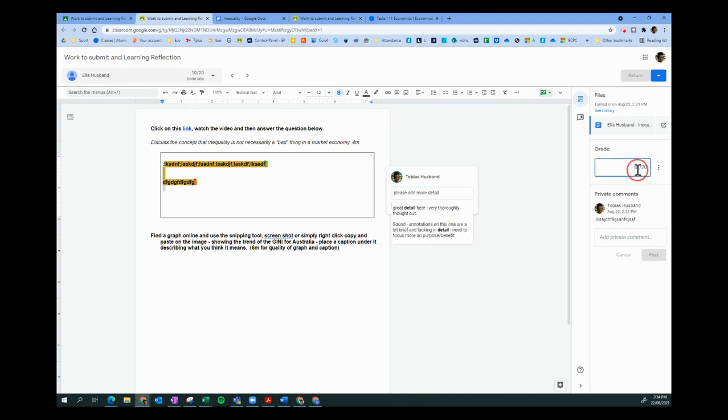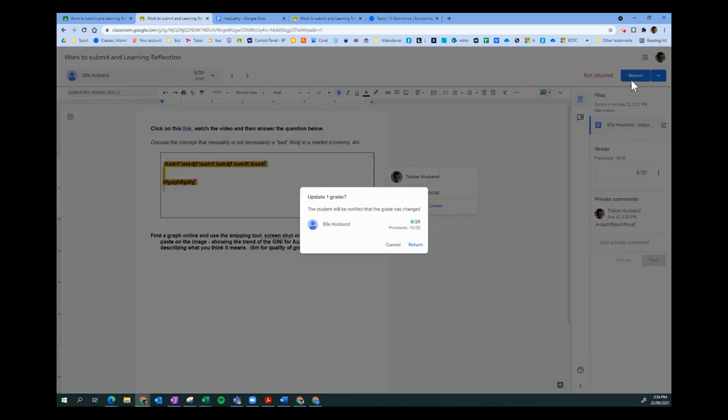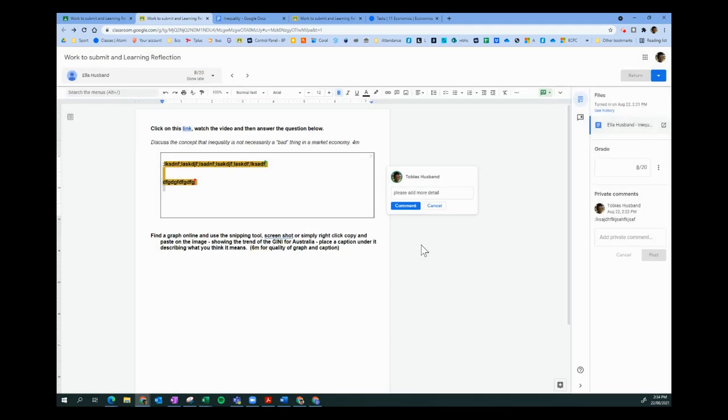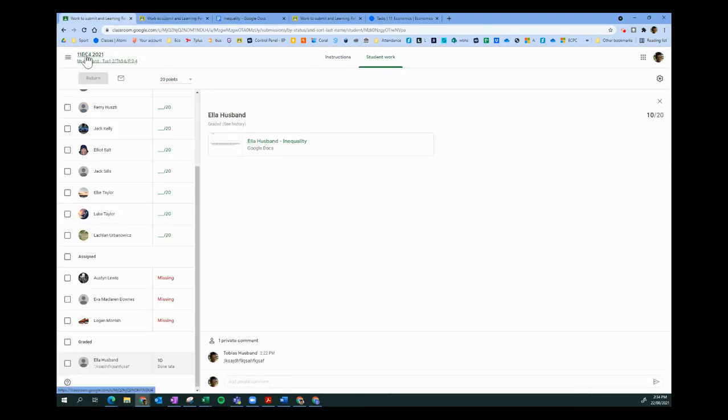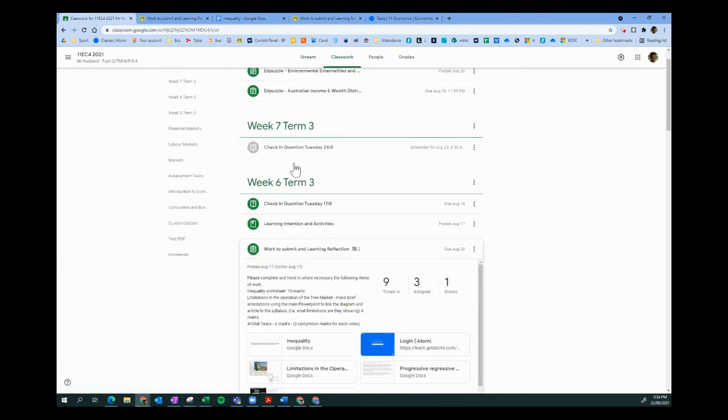They might be given a mark, okay, and maybe some overall comments about their presentation. And here will be all the files that they have actually submitted. So once that's returned, the student gets that back with the comment and feedback, and then they can either improve that or use it to further their learning on the next activity. So basically, when we go back to the page, we can see that it's all about the check-in, the